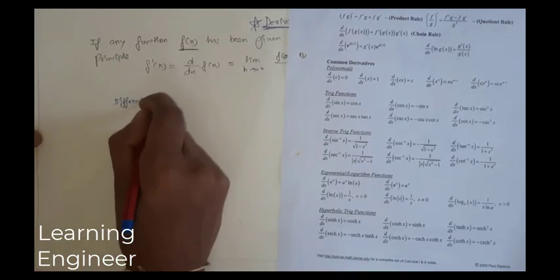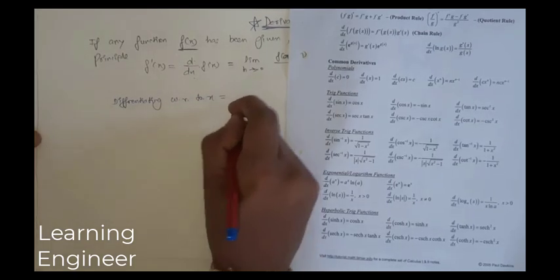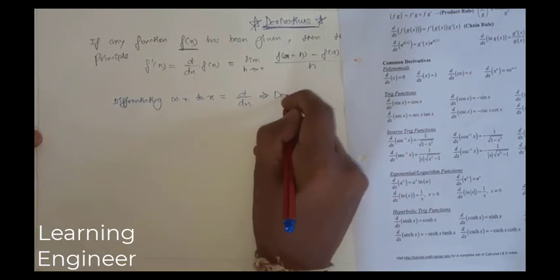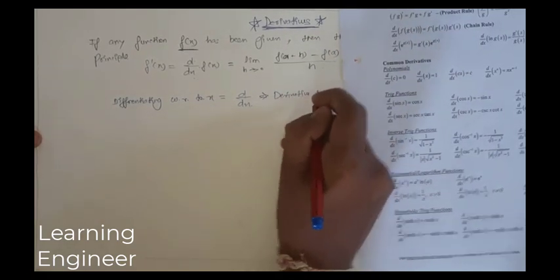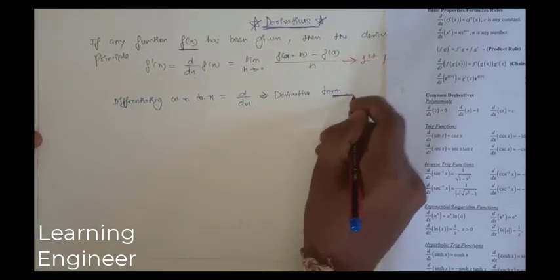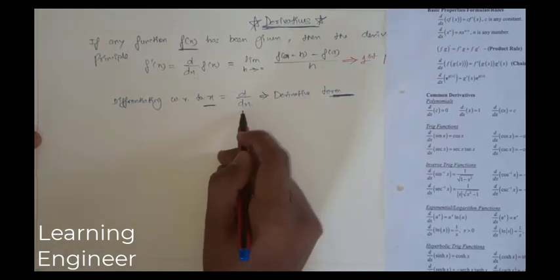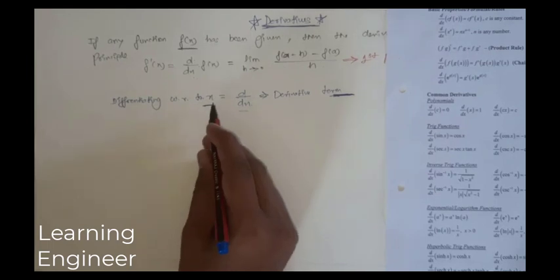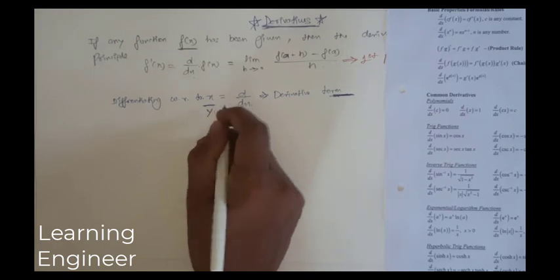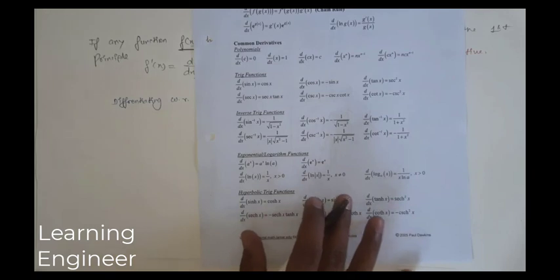Differentiating with respect to x, this is known as d by dx, and this is the derivative term. So this is what you have to remember when we talk about the derivative: we are differentiating the given function with respect to x, that is d upon dx. We can differentiate also with respect to y. The function can be anything as per our requirement, whichever function we want to differentiate.